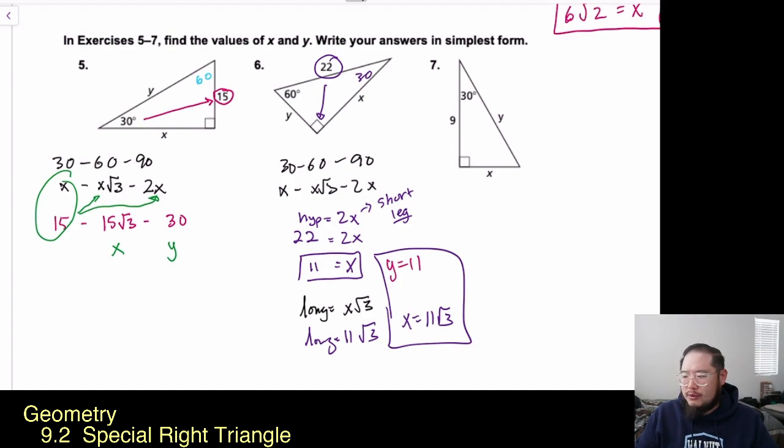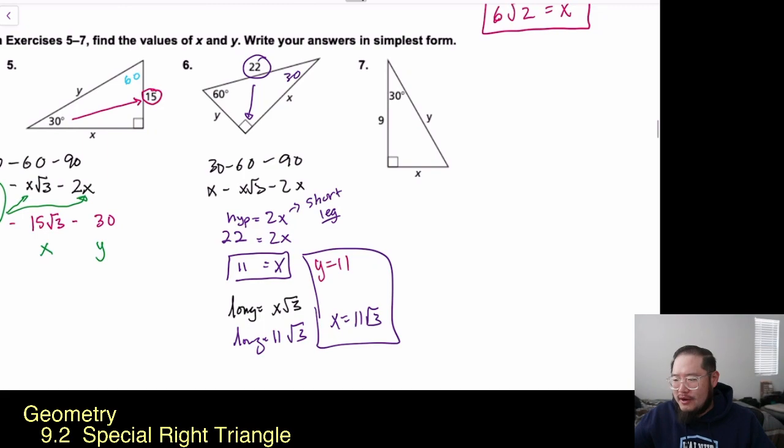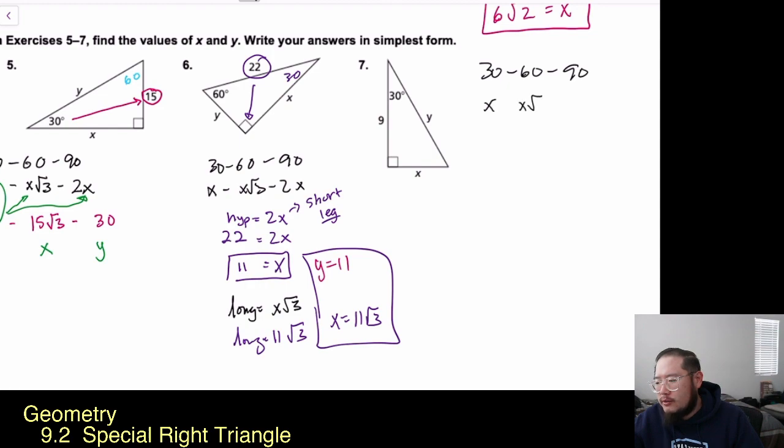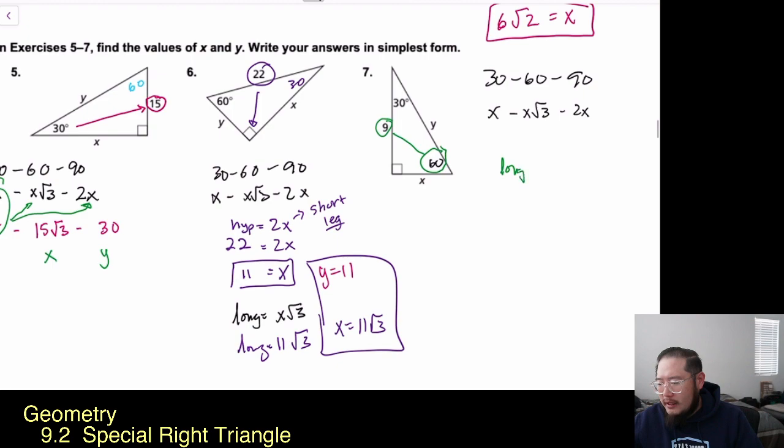Well, let's try number 7. We'll practice a little bit more rationalizing the denominator. And let's go ahead and do this right here. So we have, once again, 30, 60, 90, x, x rad 3, 2x. Gotta memorize this. So what we have here is the angle opposite of 9 is the 60 degree. So 9 is the long leg. So remember we got long leg is equal to x rad 3. The long leg is 9,